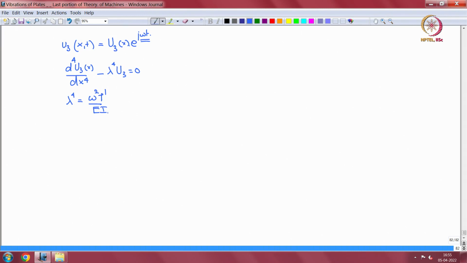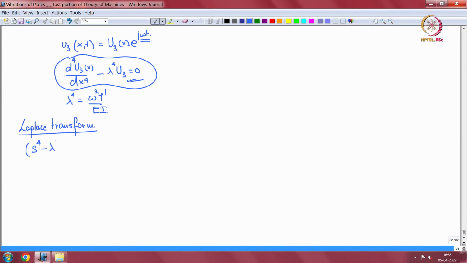So this is a fourth order ODE. Because it's an ODE, in the textbook the author takes a Laplace transform. There are other ways of doing it, but as I have taken up the task of sticking with one textbook, I will do it that way. So Laplace transform, many of you are familiar. If I take a Laplace transform of this, what do I get? I get s fourth minus lambda fourth